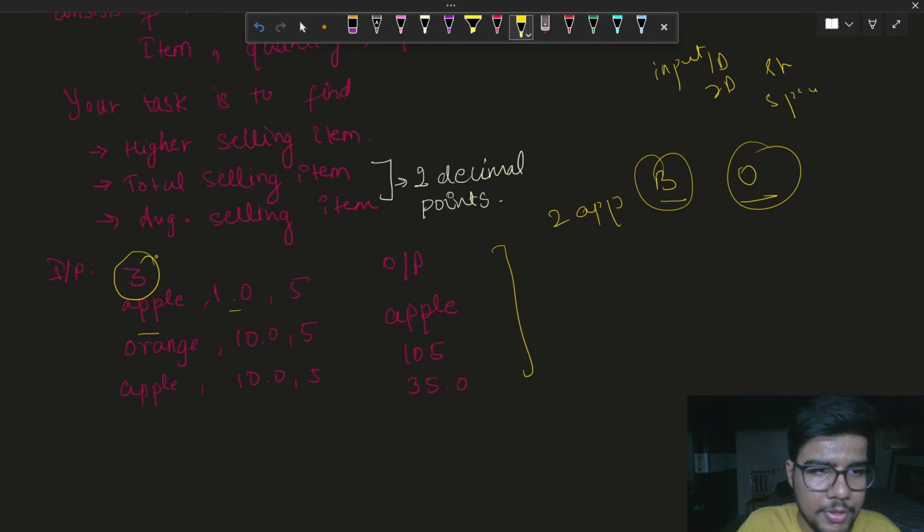This will be the input format. Fine. So you need to return the higher selling item, and you can find the higher selling item by adding their quantity and price, and in the last just check which particular item has a higher selling price. Fine. Total and average would be very straightforward to find, because if you have watched